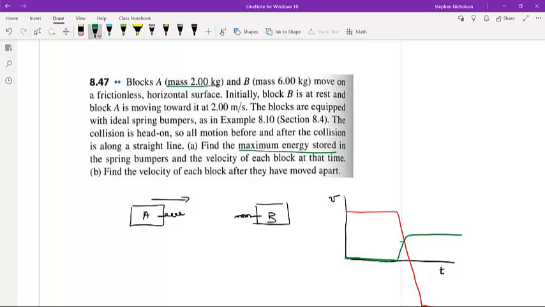So this one is always going to go to the right. It will slow down and compress the springs, and at some point B will start to move at a slower rate than this, and then they'll cross. Okay,